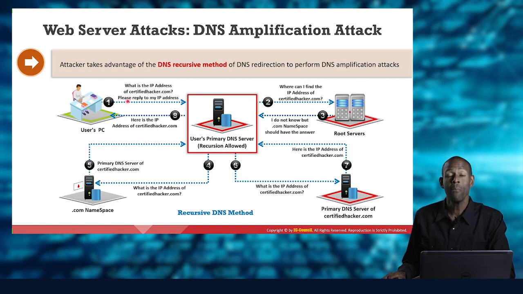Please reply to my IP address, is what the user's PC is effectively saying. It sends that over to the user's primary DNS server. And with this DNS server, recursion is allowed, which means the server is allowed to make what's called an iterative query. See, this is a recursive query right here, where the user says, hey, give me an answer. That's a recursive query. But an iterative query allows the DNS server to rebuild the FQDN from the TLDs on